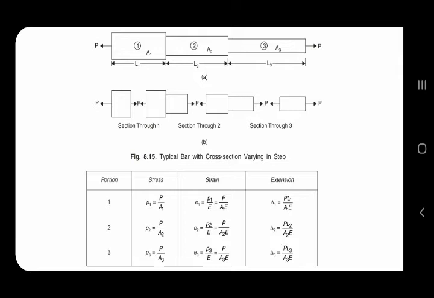which we'll see when we'll be solving the numericals for all the cases. We have to see the difference between the stress that is acting at a uniform cross section: we are considering the length which has the uniform cross section, and we are calculating the stress for that uniform cross section. When the area varies, we go for the second deformation, and when we go for the area 3, we see the deformation will be larger or less depending on the type of load that is acting on the element.